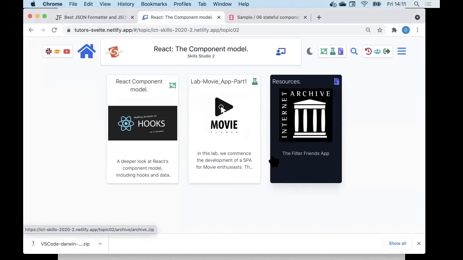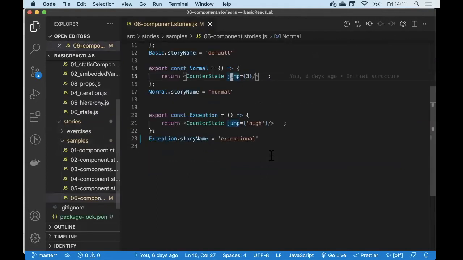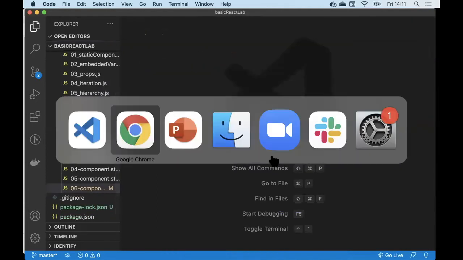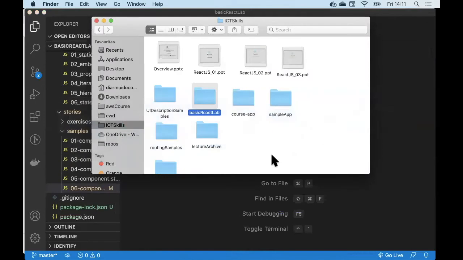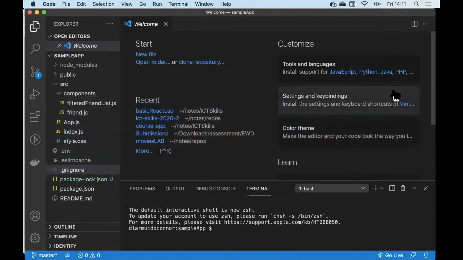So you run npm install. When you unzip the archive, this is what you will get. And I've run npm install, and it is a create React app. So if I just go npm start,